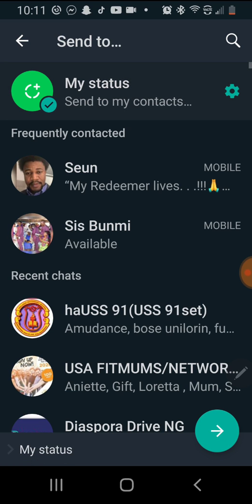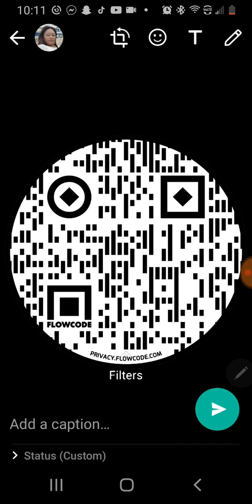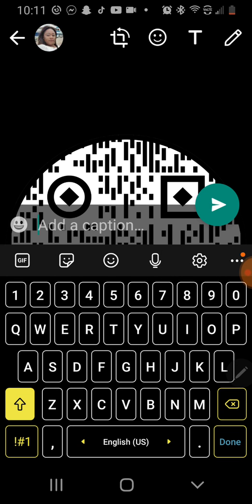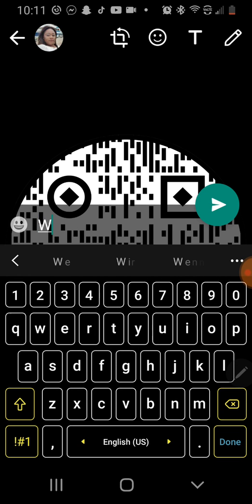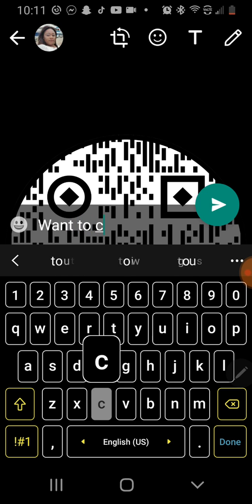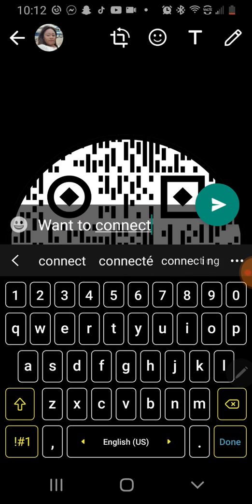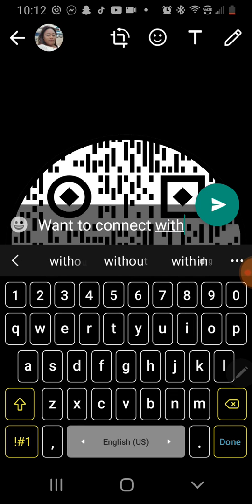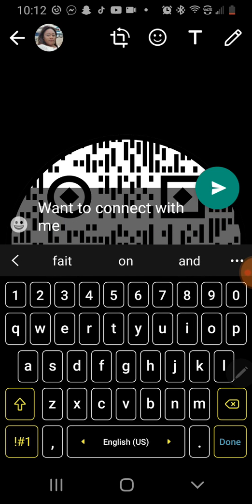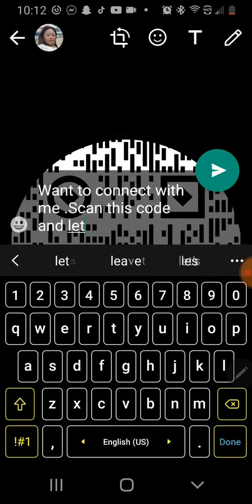I can click here and I can tell people, want to connect with me? Scan this code. And let us talk